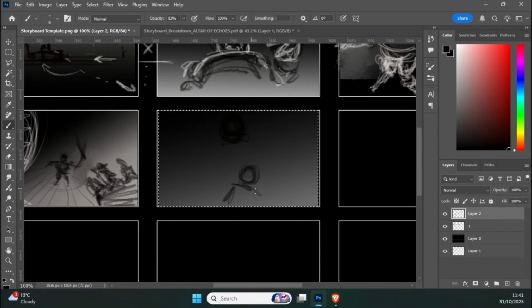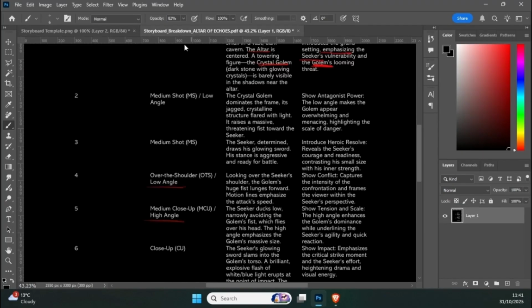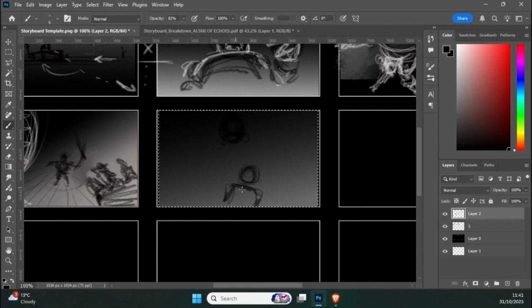And maybe it's like, what was it again? So this was going to be a medium close-up. So yeah, there's more of the back and shoulders, and we've got the character kind of ducking. He's not going to be able to stop that with a sword, right? So we've got something like the sword there, and obviously the body's out of shot. And the fist is going to be,